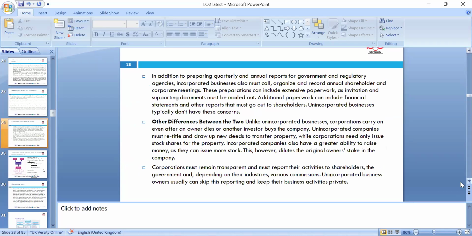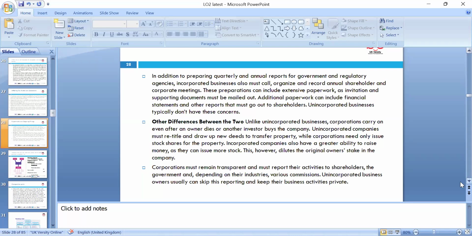Okay. In addition to preparing the quarterly and annual reports to the government, we can look around these. These are the crucial things. As a consultant, as a practitioner, we have to keep in mind another difference between the two: incorporated business can carry on even after its owner has died, and other, unincorporated businesses,